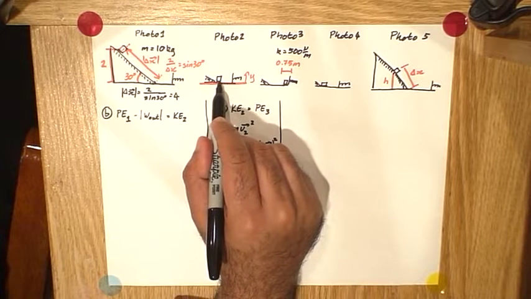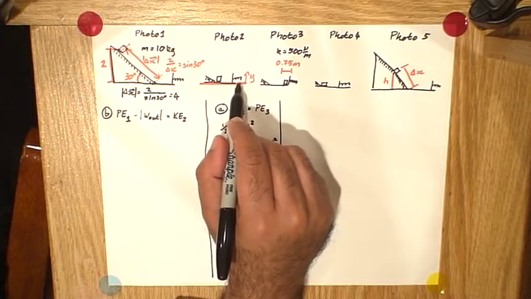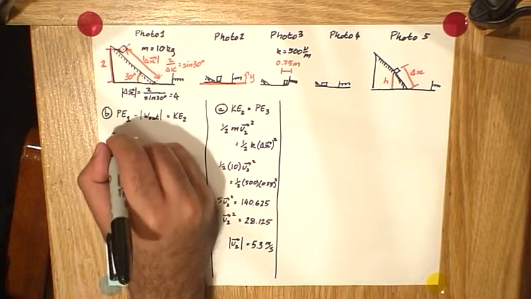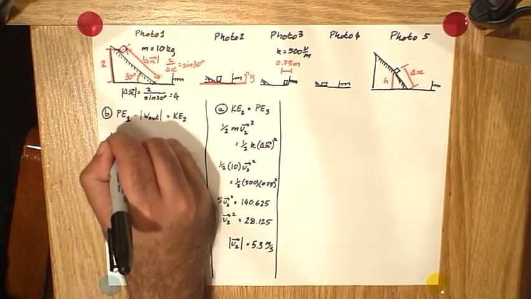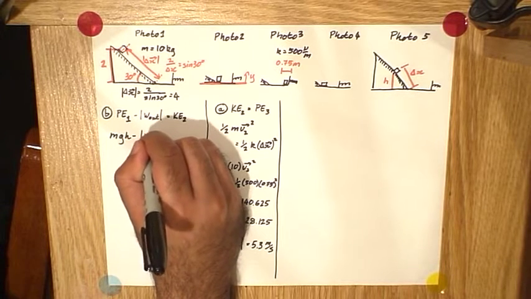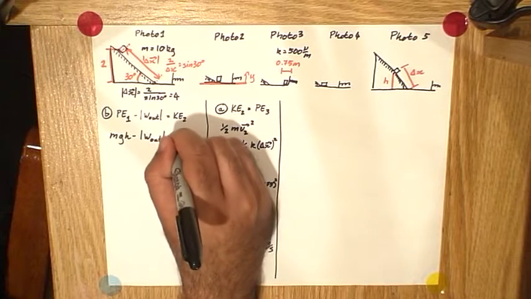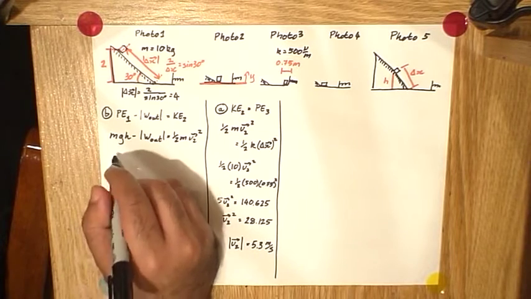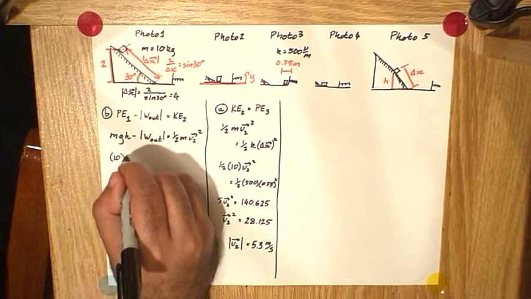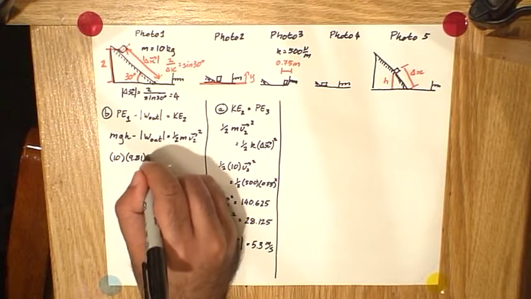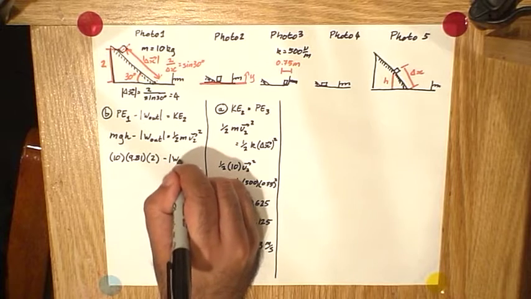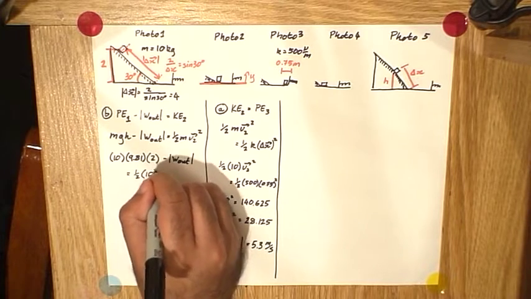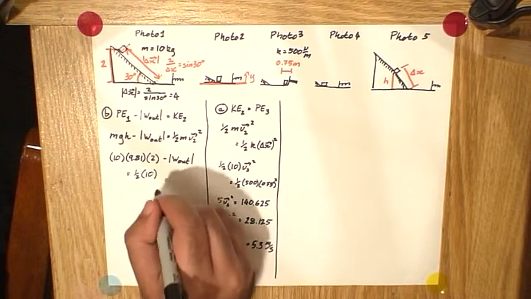There is no potential energy here because now we have reached the bottom and the spring has not yet been compressed. Now let's substitute in everything that we know, or at least let's expand this out. PE1 is due to height, so that's going to be mgh minus the work out equals 1/2 mv2 squared. So substitute everything we know. Mass 10, gravity 9.81, height 2 meters minus work out is equal to 1/2 times mass 10 times the velocity, which is 5.3, we already worked that out,